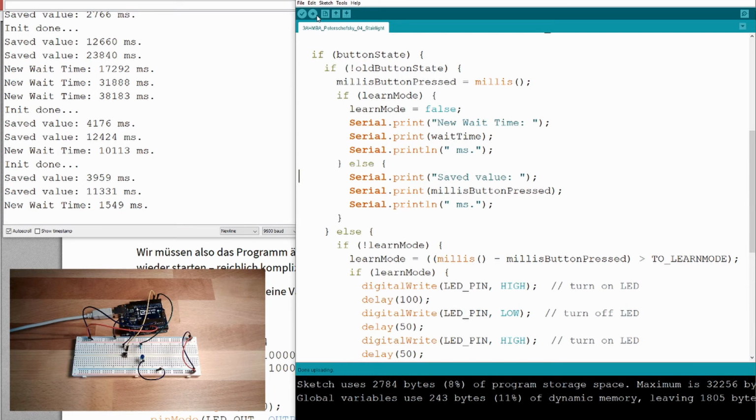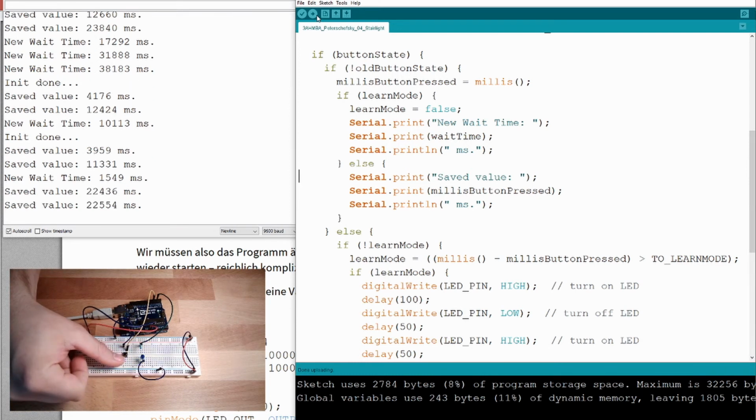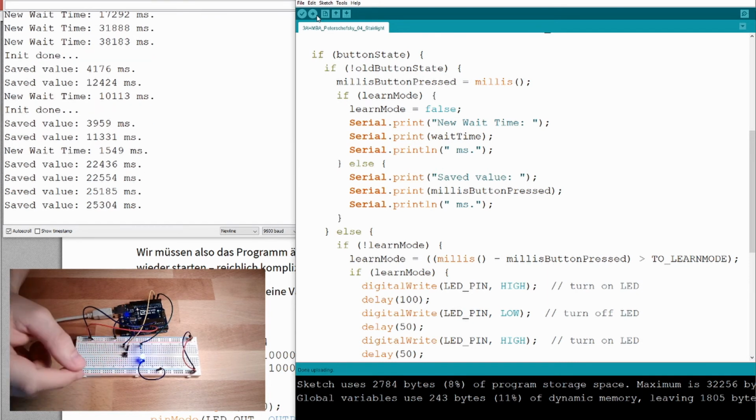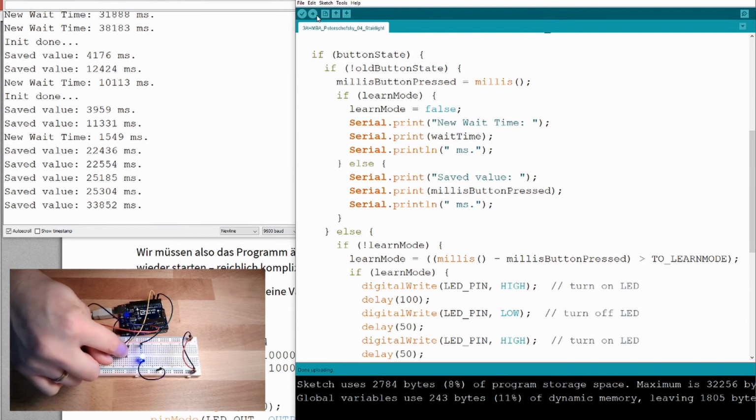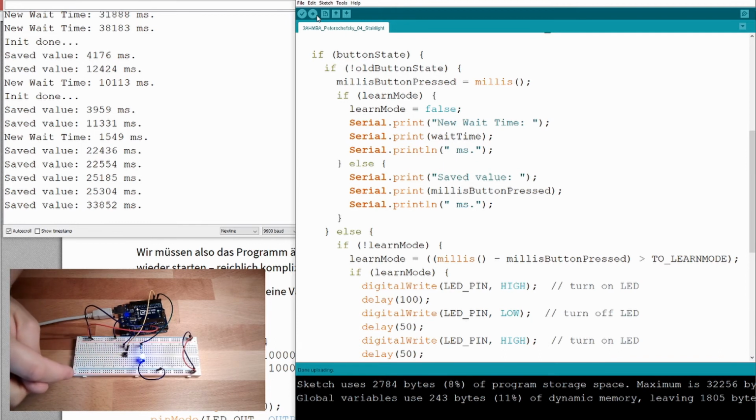What's now? New wait time: 1 second. Yeah, it's 1 second. Did I do something wrong, or was it again the bouncing of the button? I try it again. Press and hold the button. Learn mode. Okay, it seems like it was the bouncing of the button, because now